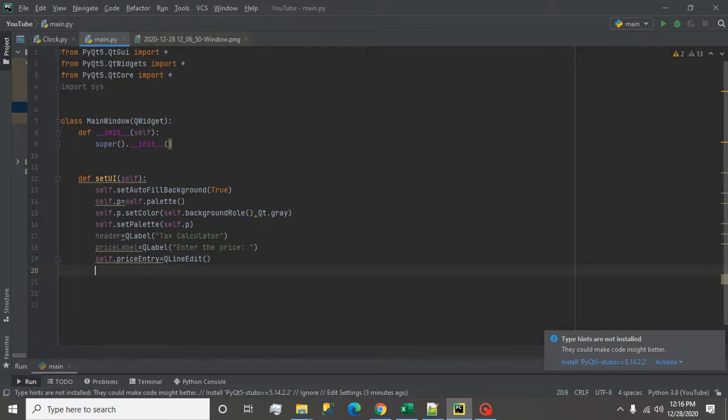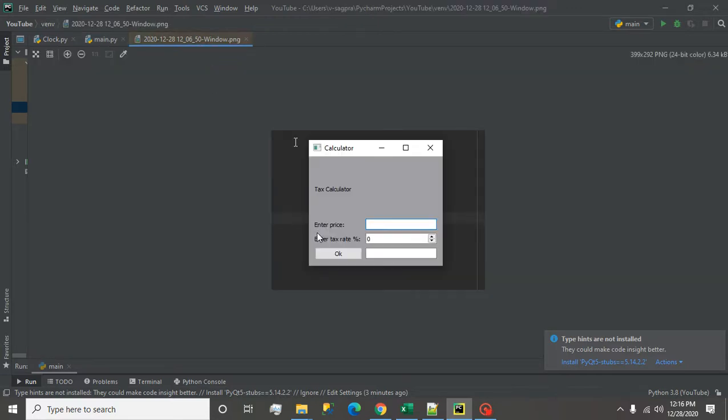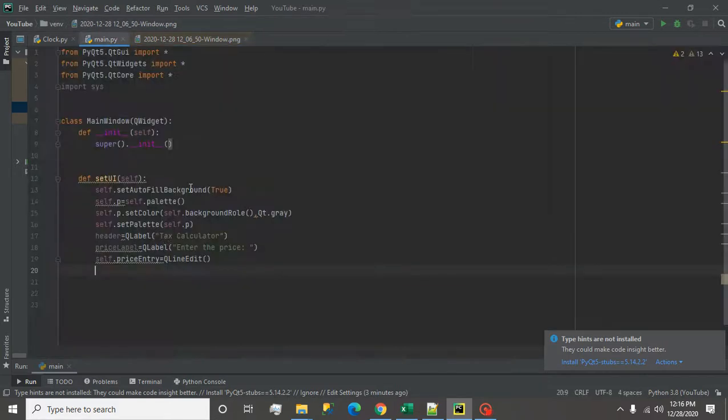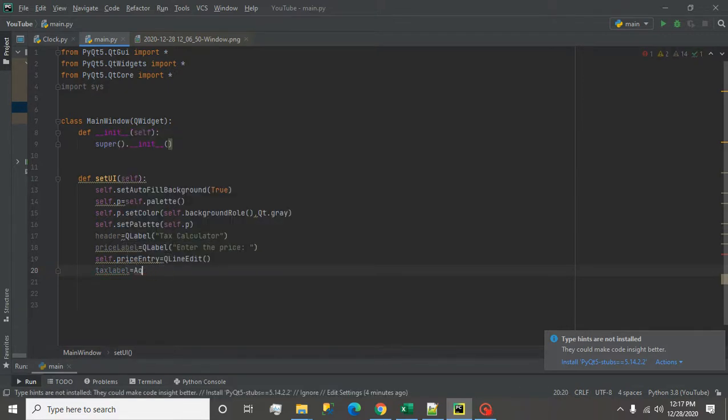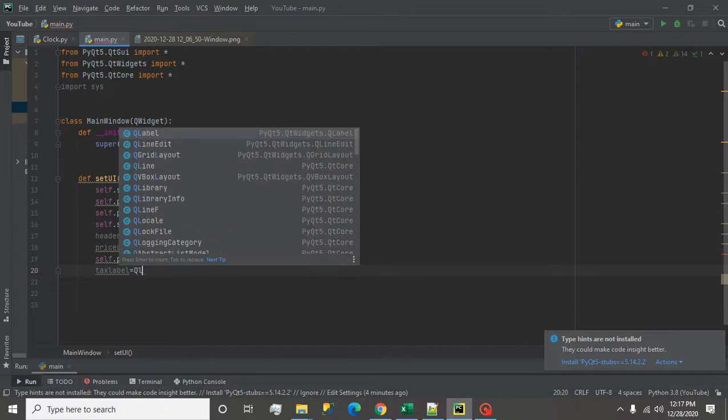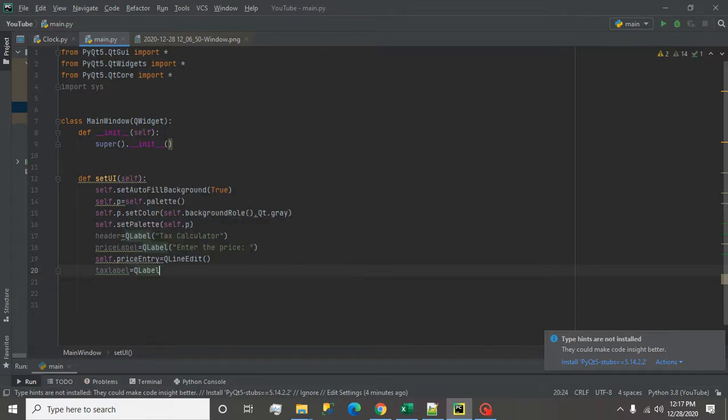In the next line, I have to create this one, enter tax rate, and this box. So I create one variable, let's say tax label, and here I call the same QLabel class, and here I pass the message enter the tax rate in percentage.